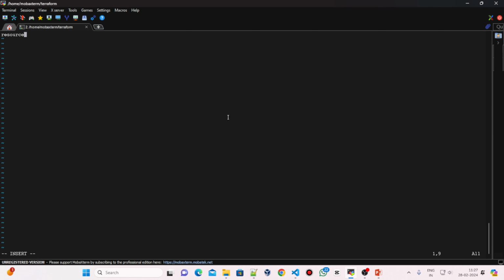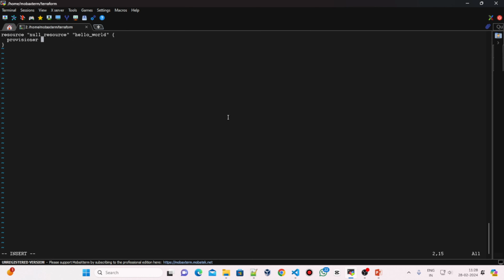Let's just write a resource block, resource null_resource. We will learn in detail about resources in our upcoming lectures. Now let's focus on some basic Terraform commands. So I'm writing a Terraform resource block, resource null_resource, and let's just write a Terraform hello world program. Hello world, curly braces, indentation, two spaces,